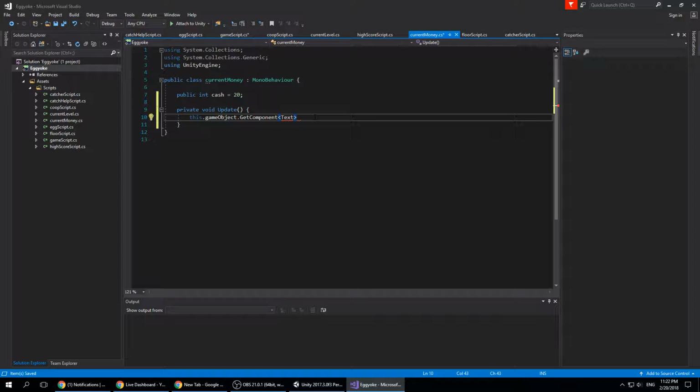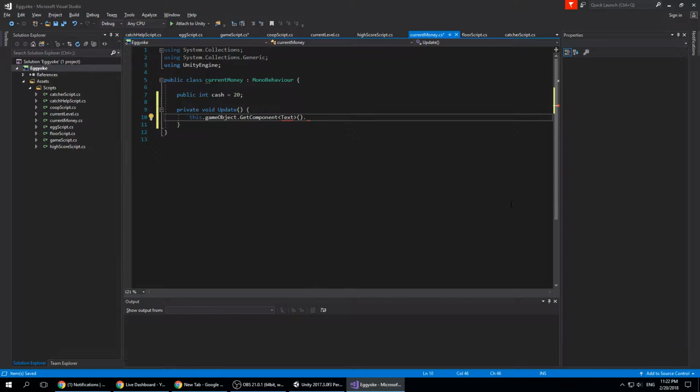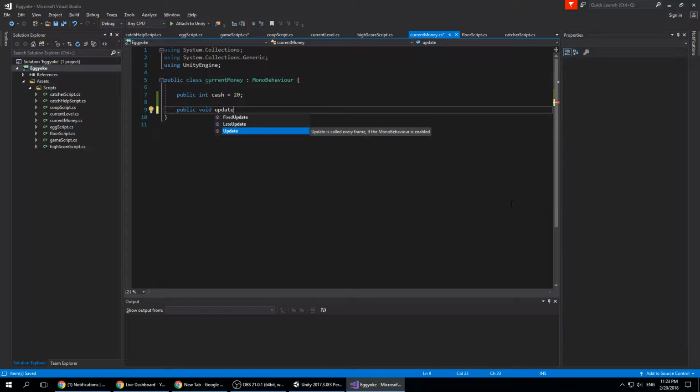Yep, that should be it. And I will set the text. This is too often. We won't need to set the text so often. So let's go ahead and make a public void update cache,